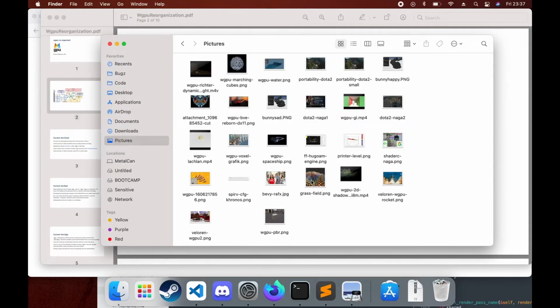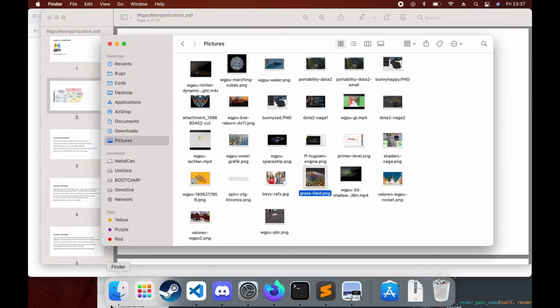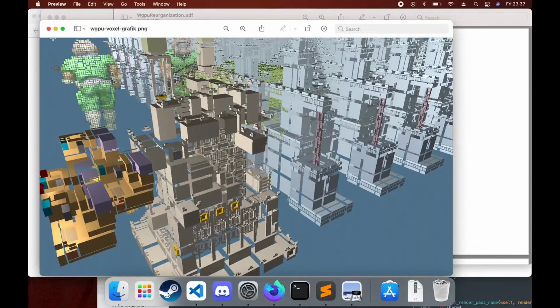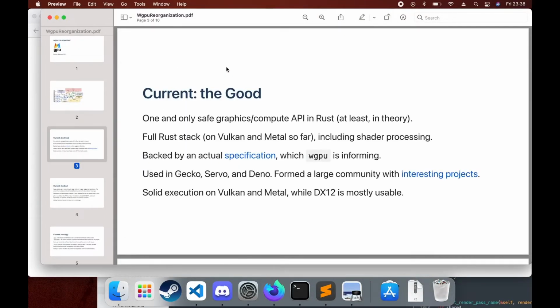People made a few interesting things with wgpu, or maybe this one is better. Yeah. The good things about it is that it's probably the only safe abstraction of the GPU in Rust, at least in theory, because we still have issues in implementing this, but nothing conceptual.